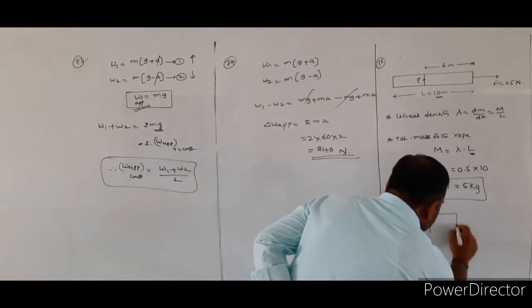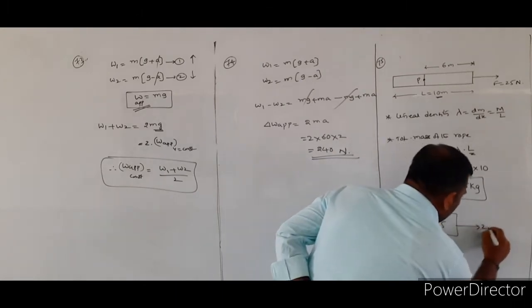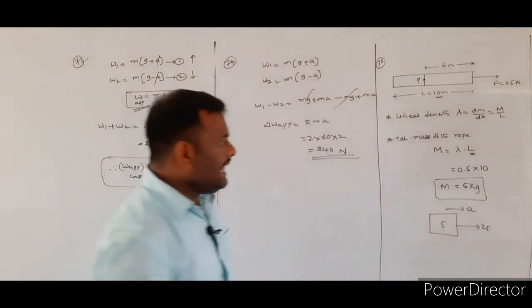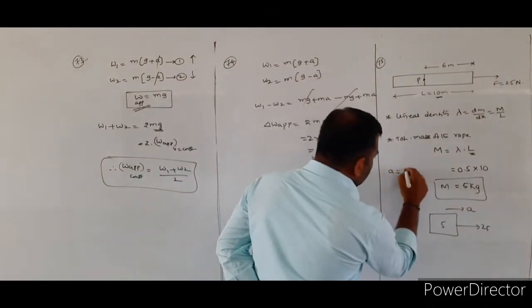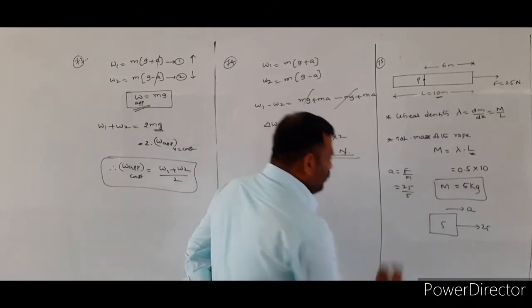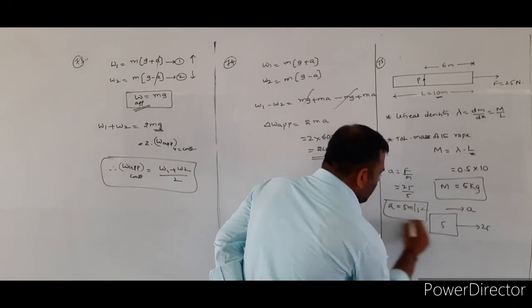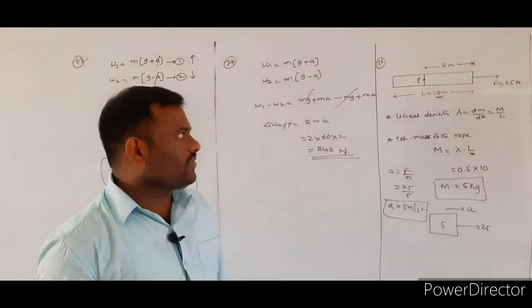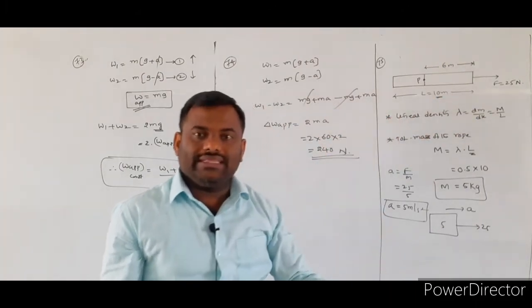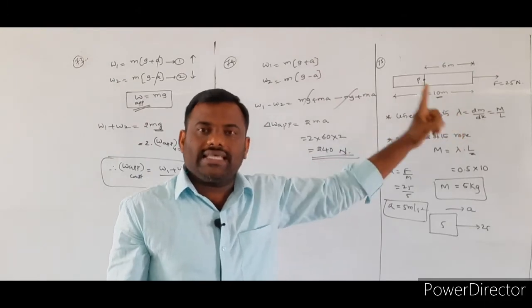and whenever we apply some external force over the given mass, I draw the free body diagram. Total mass is equal to 5 kg. Over this, 25 Newton will be applied, so acceleration will be produced. Acceleration is equal to F by m. F is 25 and the mass is 5, so the acceleration is 5 meter per second square. Each and every part of the rope will be traveling with the same acceleration.